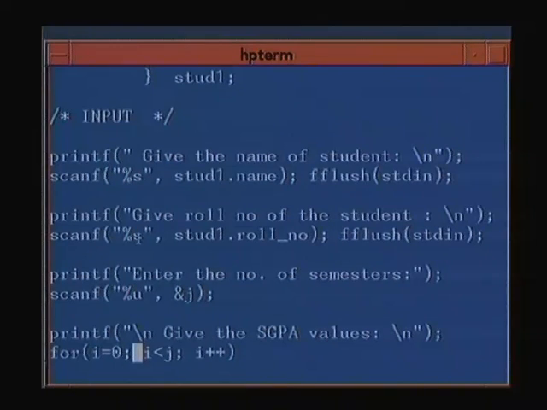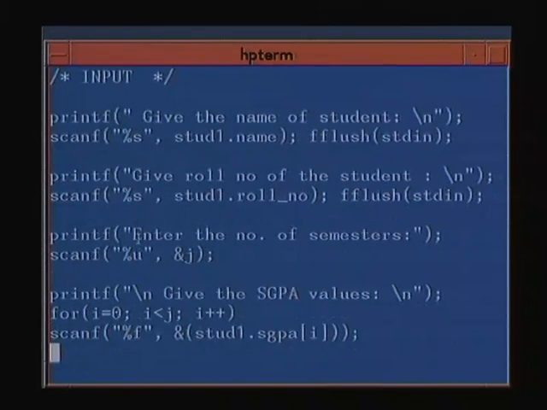Then in a loop we take in the SGPA values. So this is how we read in the SGPA values. For i equal to 0, as long as i is less than j, i plus plus, in %f format. Now